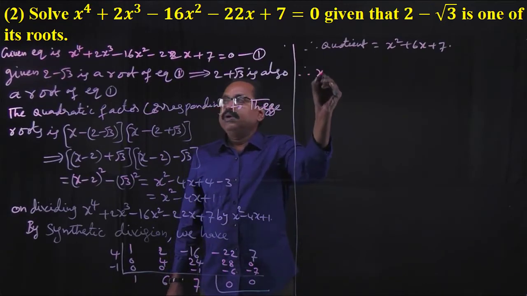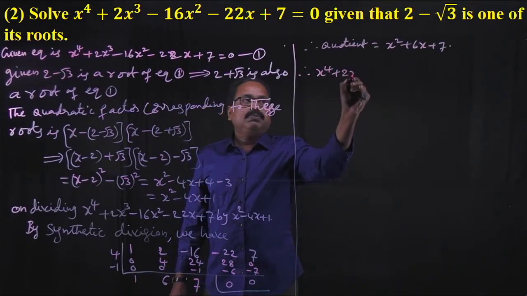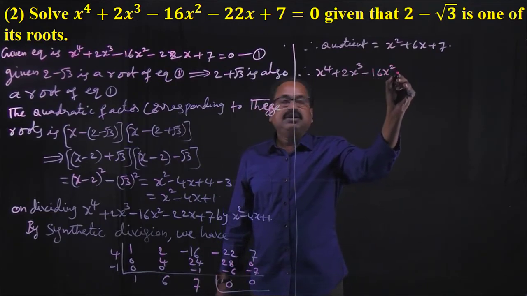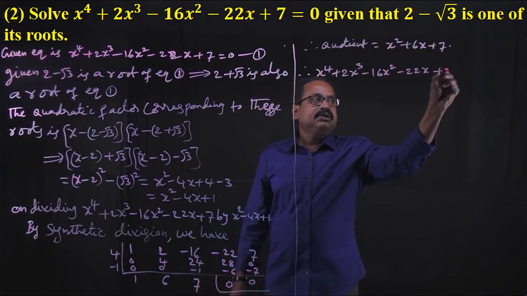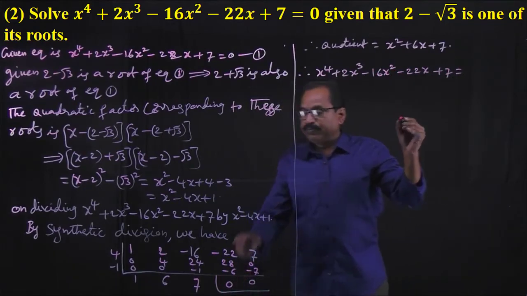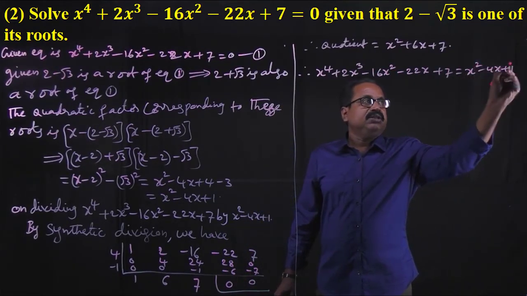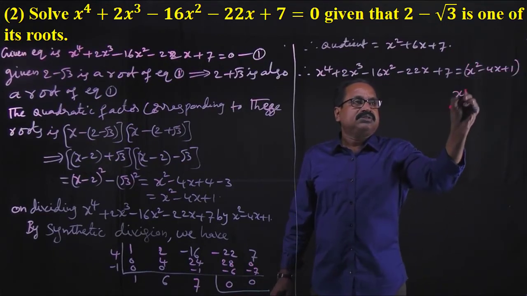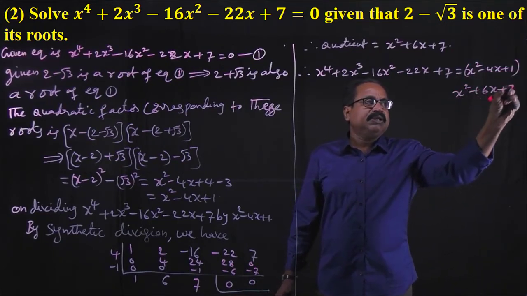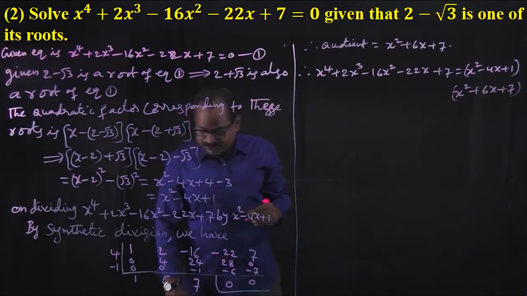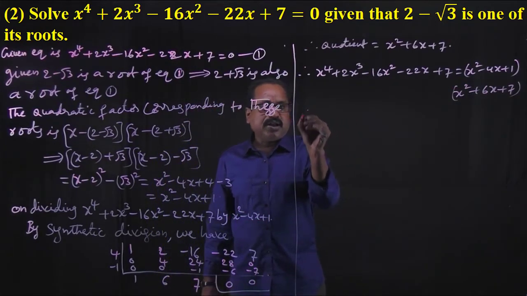Therefore, x power 4 plus 2x cube minus 16x square minus 22x plus 7 is equal to x square minus 4x plus 1 into x square plus 6x plus 7. Therefore, the roots are obtained from